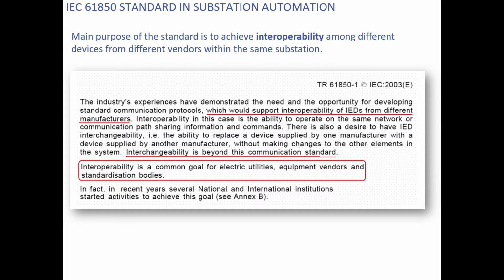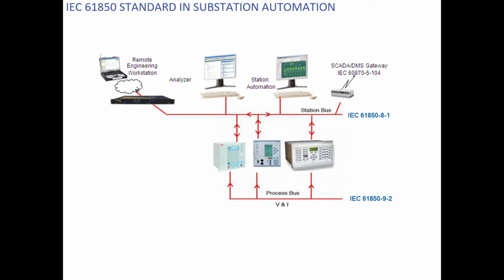I will discuss the meaning and the scope of interoperability in the coming slides. So interoperability is a common goal for electric utilities, equipment vendors, and standardization bodies. Now, the earlier 61850 was 61850-8-1, and presently it is 61850-9-2. In fact, the light version is also available in the market, but these two, 61850-8-1 and 61850-9-2, specifically discuss the various communication protocols and communication strategies